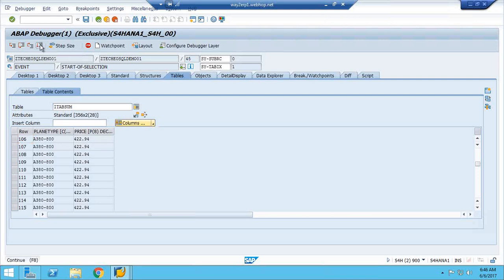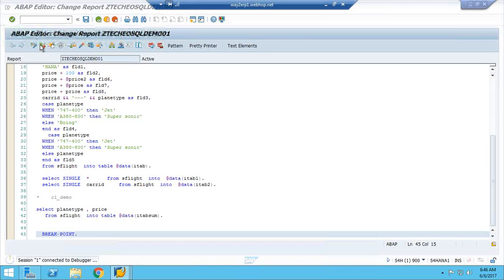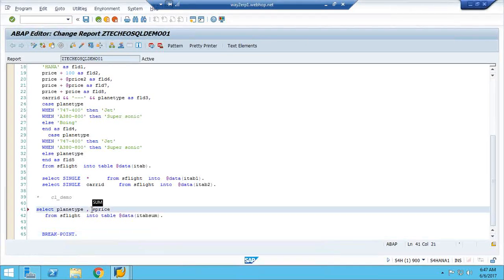There are functions available like sum, count, and so on. So I can write sum of price as field one.